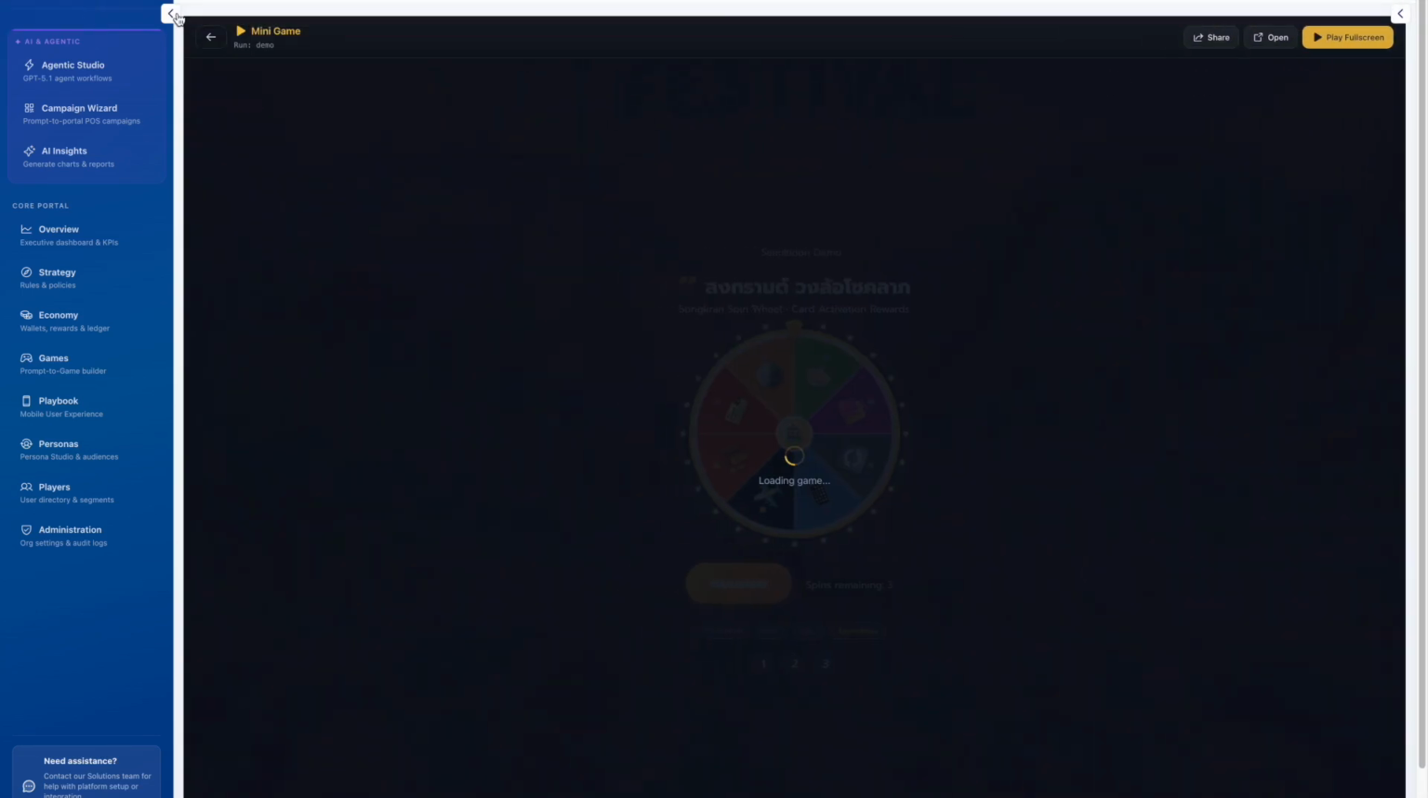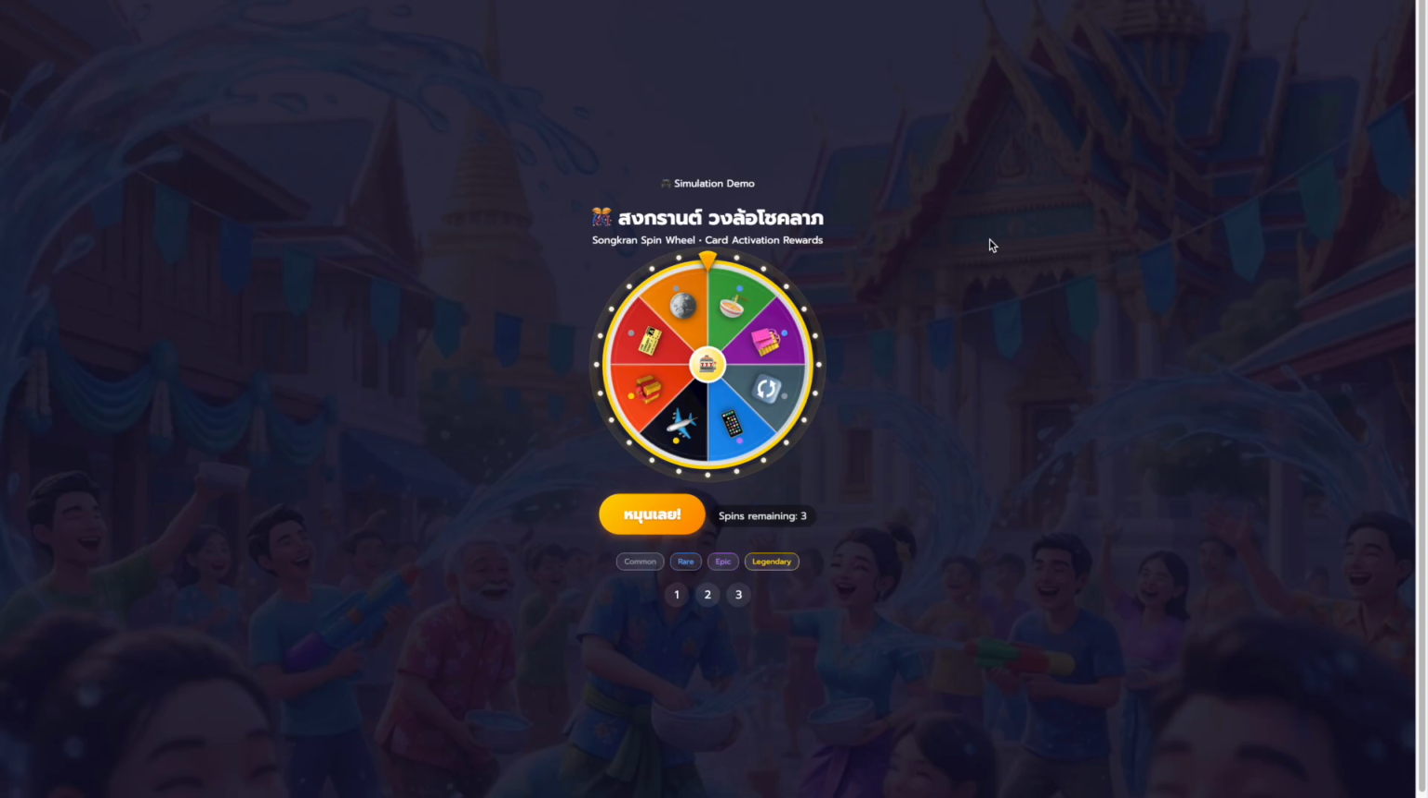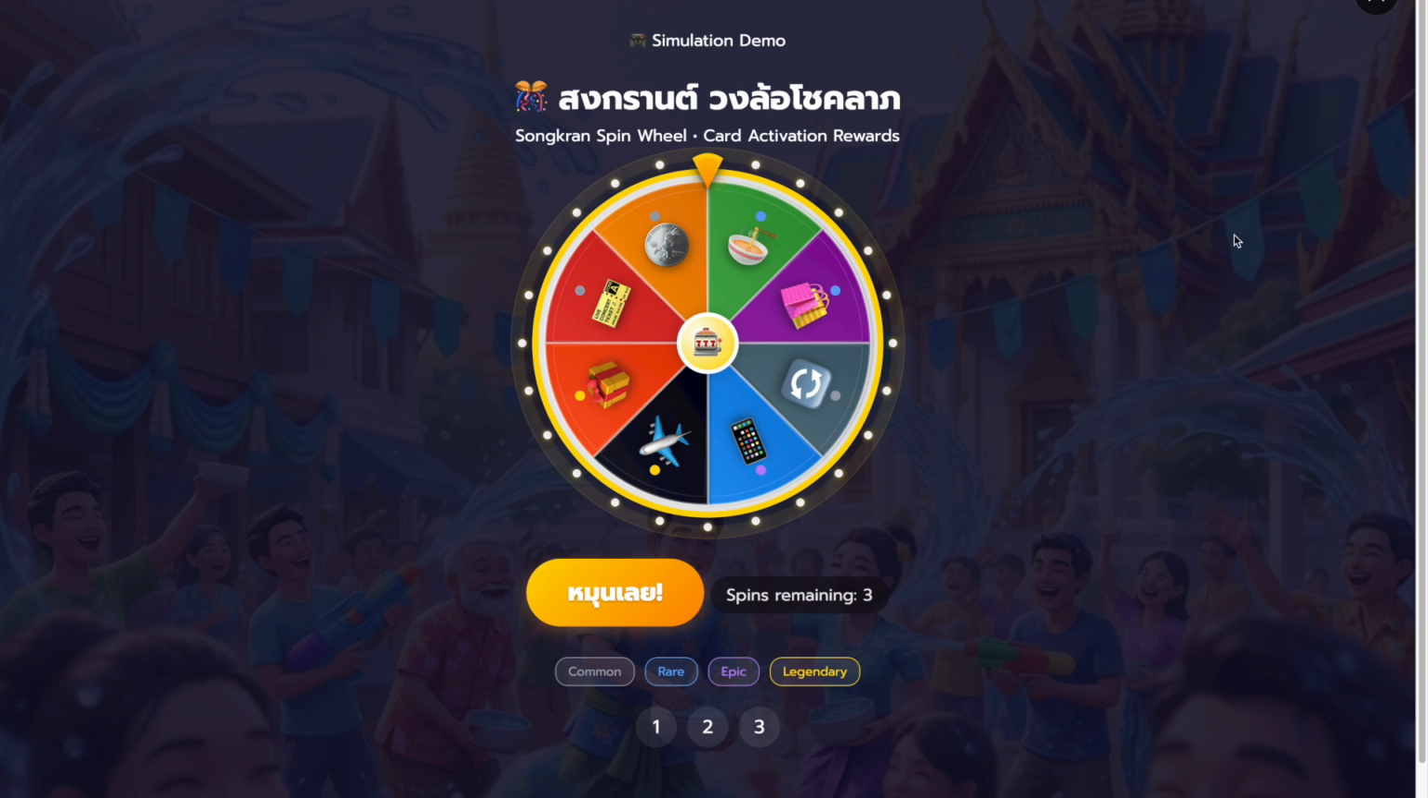So here is the game that it created using our agentic coding. So essentially, we generate this kind of spin the wheel game. You use your prompt, you decide what rewards you want to give out, and the system configures itself. It configures all the rules, how many times people can spin, the common, rare, epic, legendary rewards, the total prize